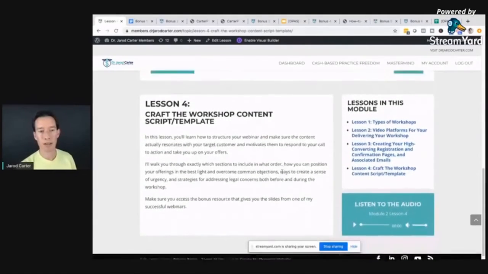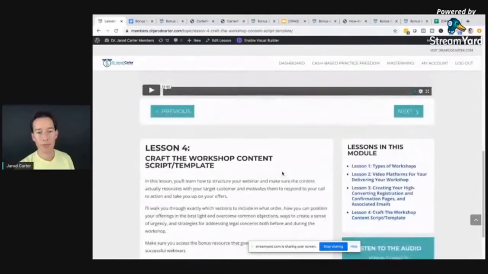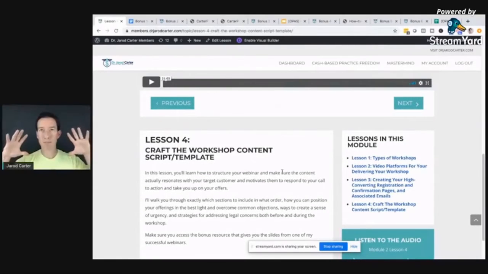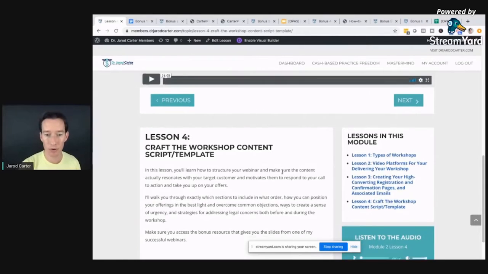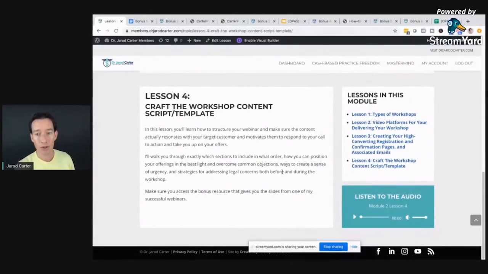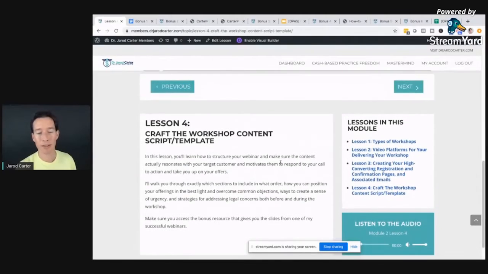And then finally, this lesson 4 is a big one. This is crafting the actual script, the actual presentation itself. And again, what you'll see is one of the bonuses is going to be the actual slides from that recent workshop I did where I mentioned you scored $4,000 worth of clients. So make sure you don't miss that one, but that's going to take a lot of the